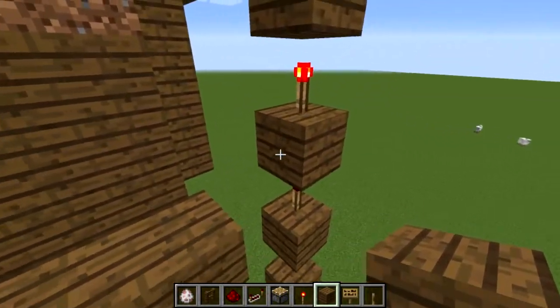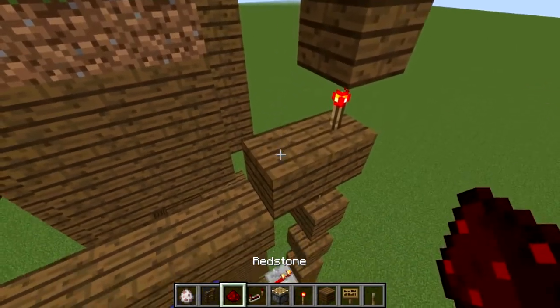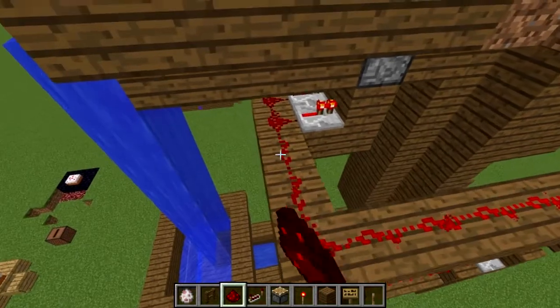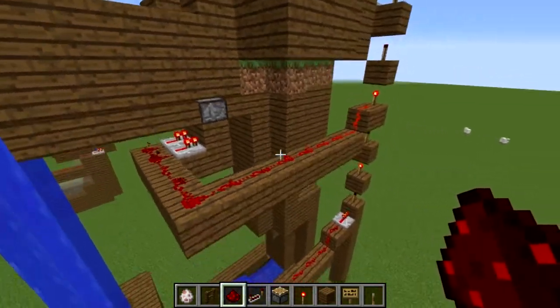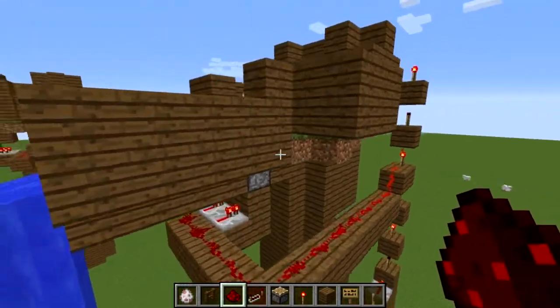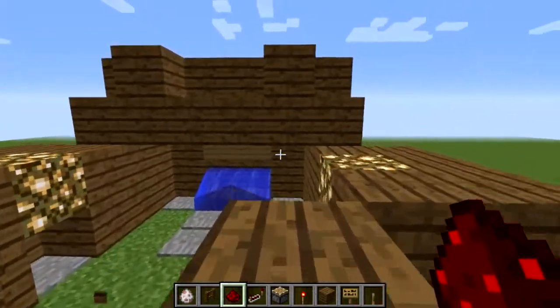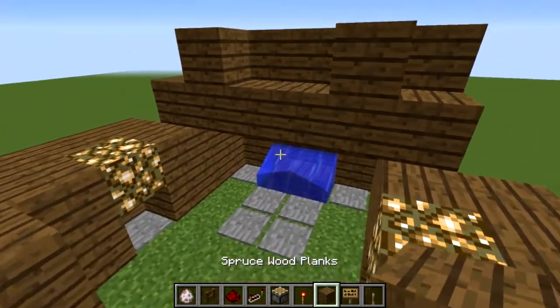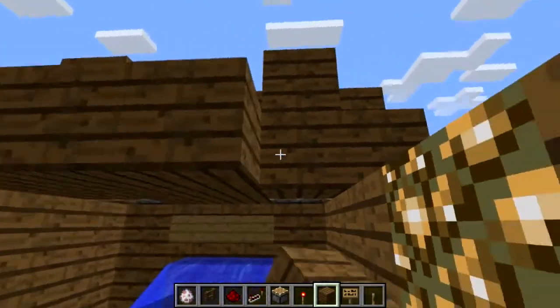And this one is on right here. So we can go ahead and bring it right here and start bringing our redstone over to our pistons here. There we go. And you could bring it down to this torch here, or whichever one is currently active in your world. So there we go, our system is off, our gate is up, our sheep will be trapped in this area here. And I'm going to finish off this area by building this ceiling here,